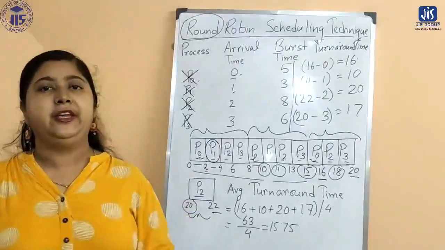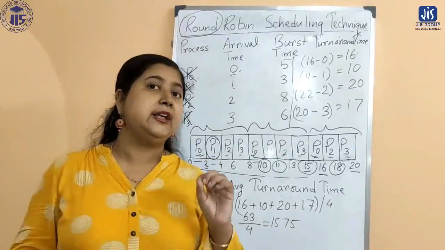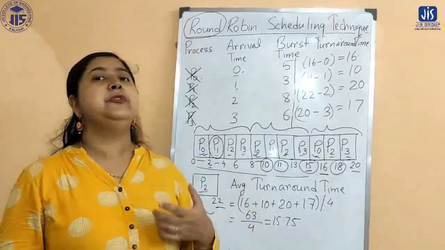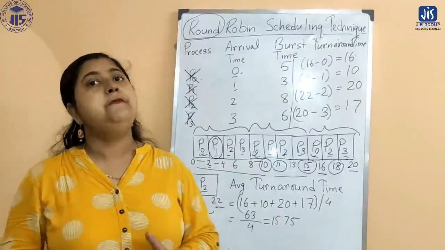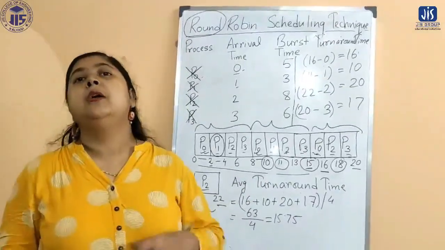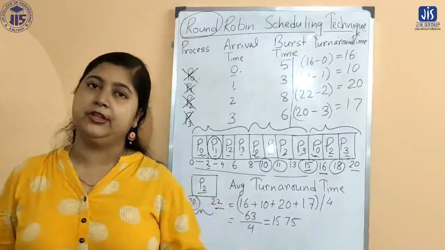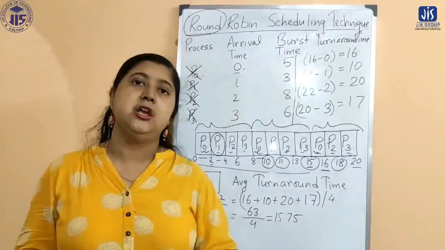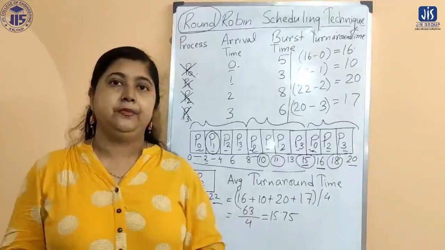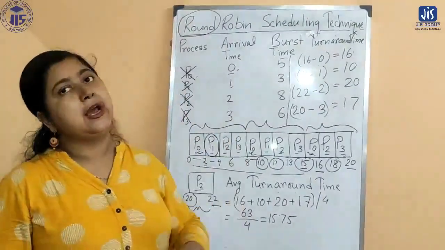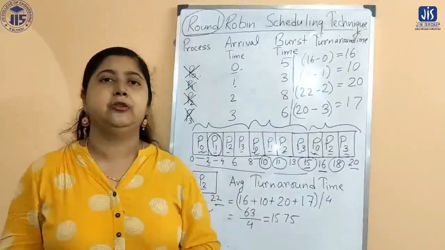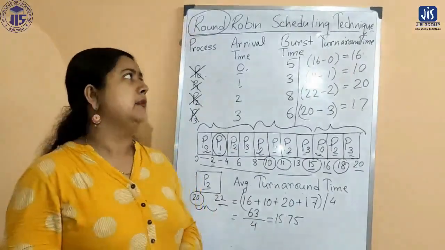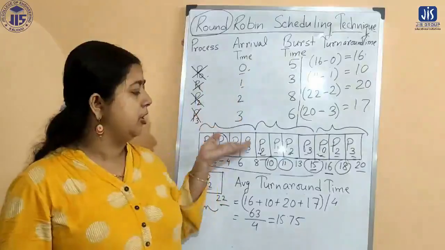The most important thing for the round robin technique is deciding the time slice. If it is too small, then unnecessarily we require multiple rounds. If it is too big, then the problems that we have with the FCFS algorithm are going to come here. So the time slice selection must be done very efficiently, and this round robin algorithm is basically an efficient algorithm. It will work very well for multitasking, and I think you have all understood.